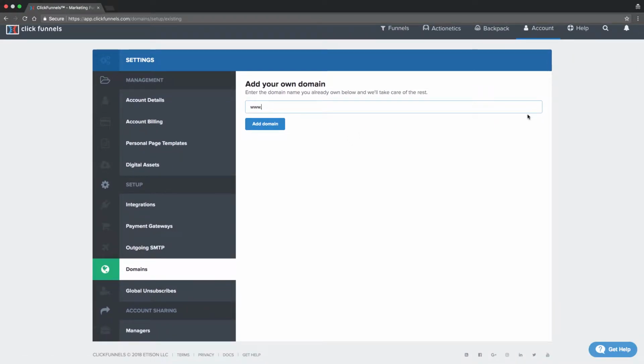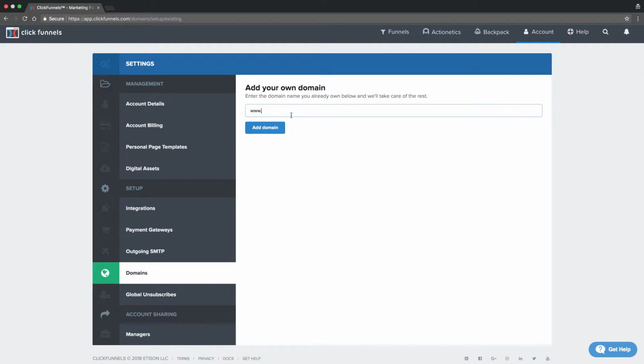I can't really do this because I don't have a domain I can actually add into here, but when you type in the actual domain name, you'll need to type it in, then .com. Don't add any path or anything. Hit add domain. It's going to pop up a box that basically says it needs you to add a little piece of code, like a CNAME record, inside of your GoDaddy or Google Domains account, inside of the actual domain. It should be like www, and then it should be at